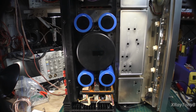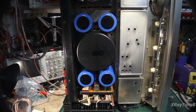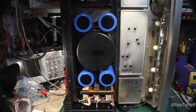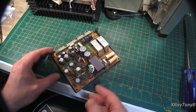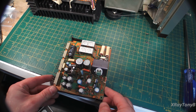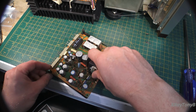Alright, we got the power supply underneath the chassis done, and we got the big capacitors replaced, and I just started on the low voltage power supply. First thing I noticed when I got it out was that this screw on this side was missing altogether. This one was in. And then I started looking closer, and things weren't looking original. And when I took it out,